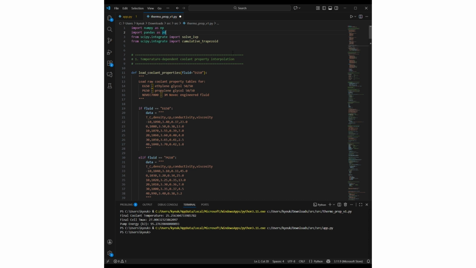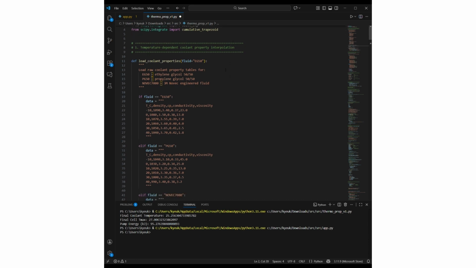First, we import our basic libraries like NumPy and Pandas for data frames. Then we also import our SciPy libraries for integrating our ordinary differential equations, which we'll start calling ODEs. Moving on to our first function, we have 3 different coolants that are used as our inputs, and they are EG50 ethylene glycol, which is commonly used as car coolant because it has a great cooling capacity,